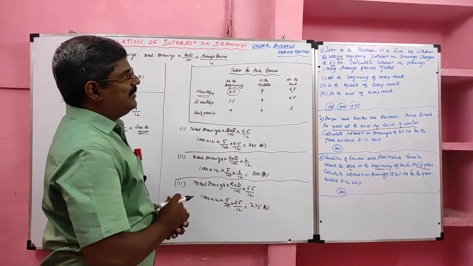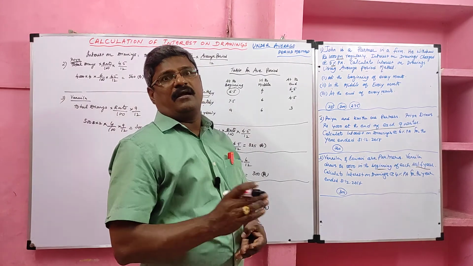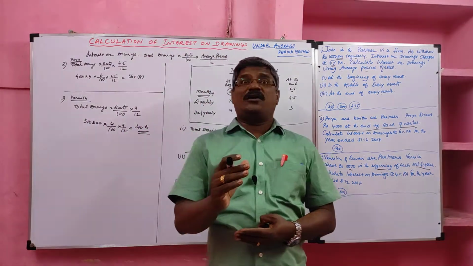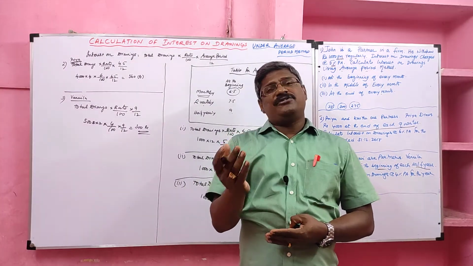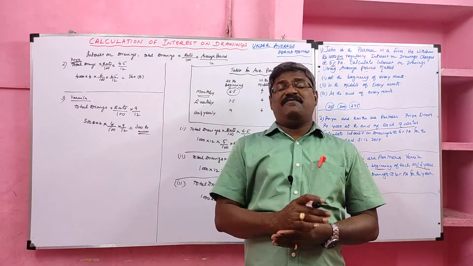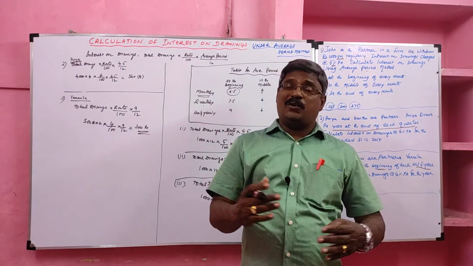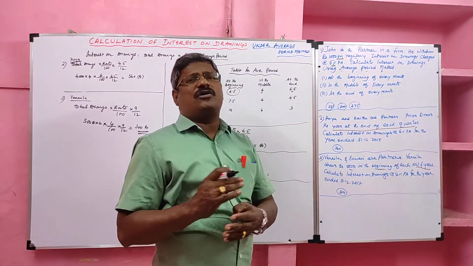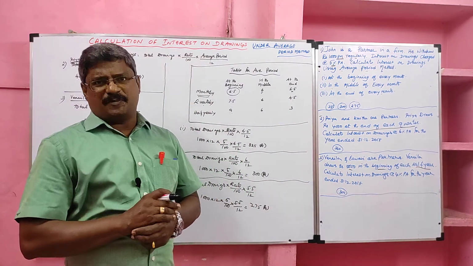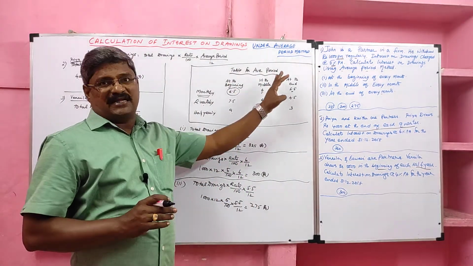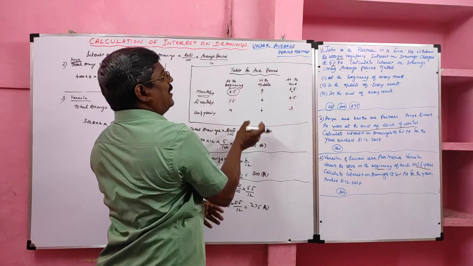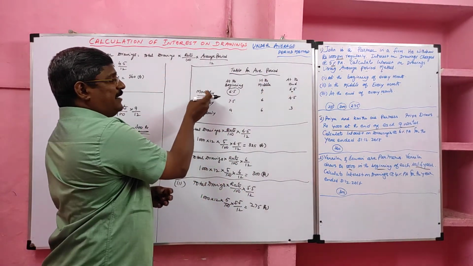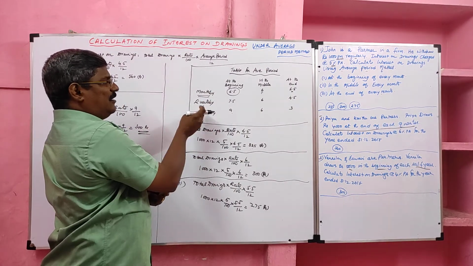Students, we completed calculation of interest on drawing under direct method, average period method and product method. If drawings are irregular, we can use direct method or product method. If drawings are regular, maybe monthly, quarterly, half-yearly, we have to choose average period method. If you want to solve the problem as per the average period method, we should be thorough with the table. Table for average period. The drawings may be beginning, middle, end. It may be every month or every quarter or half yearly.